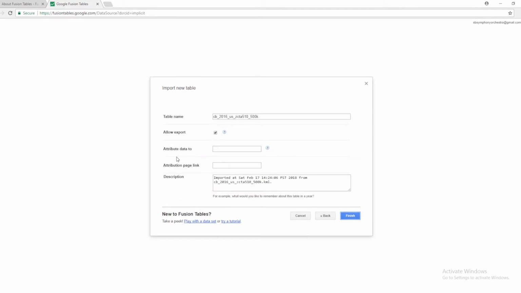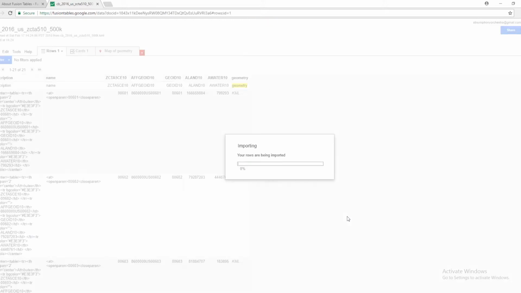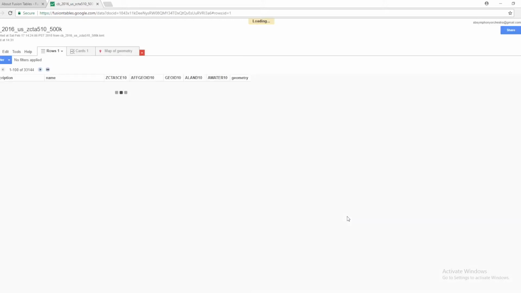Now it does ask to attribute our data to a source, and we're not going to do that this time, but it is a good habit to have. And now we have our shapefile loaded. What we need to do now is add our other data sets. So we'll go to File, New Table,